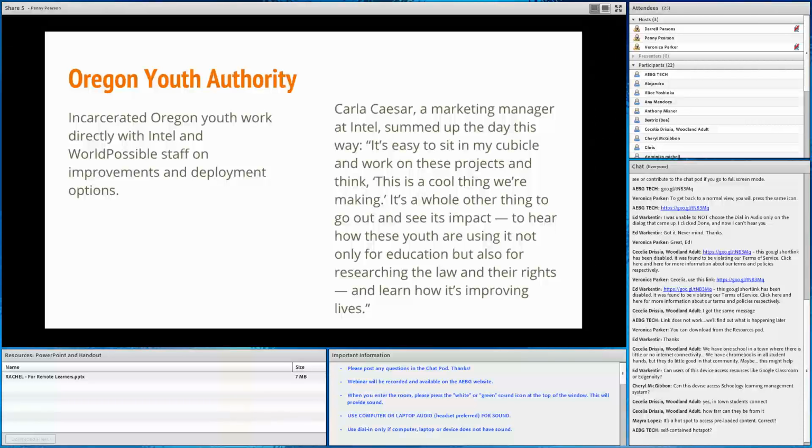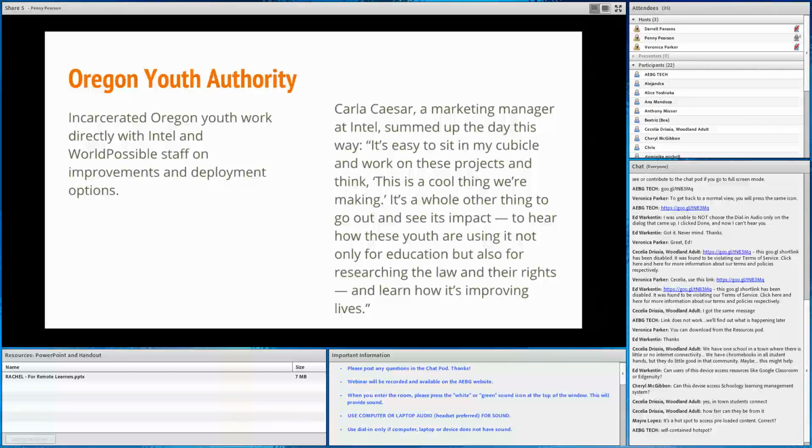And this is a nice quote from Intel. So they feel like they're really helping these young learners. They also get to learn about their rights since they're incarcerated young adults because this material is all loaded on this device.